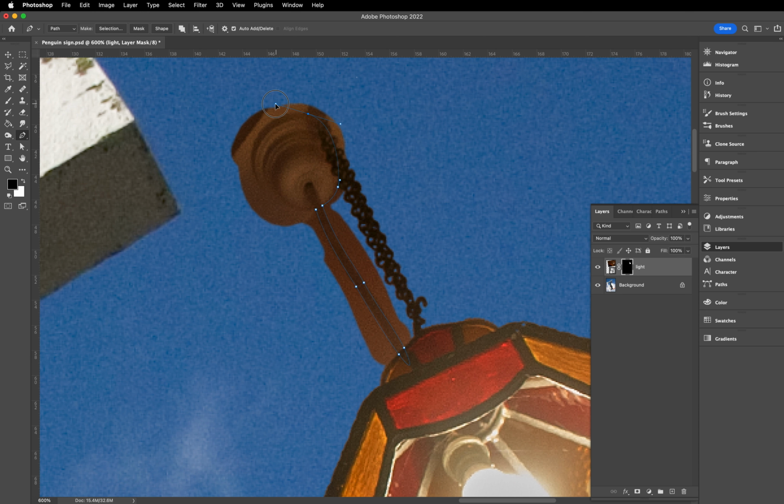So that's going to be totally in the wrong place, but I'm going to ignore that for the moment. And the last point again will be a change of direction. We don't want a smooth curve around that point, it's a corner. So hold the Option key down, or the Alt key, and you will get a corner. So then I'm going to just